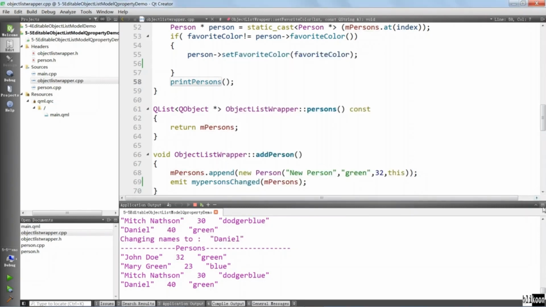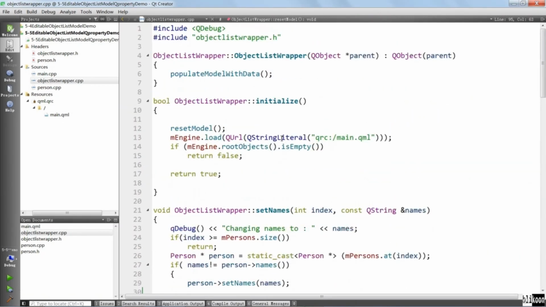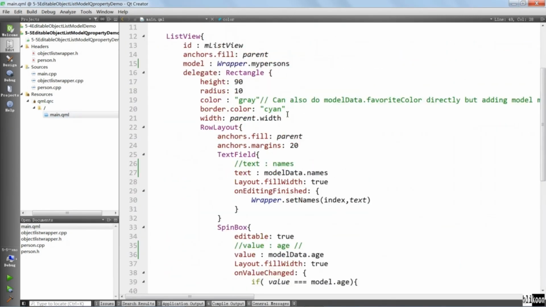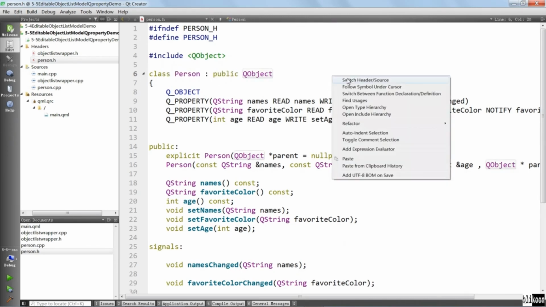And this is just another way you can expose your data. We are not completely relying on resetting the context property. And if you look here, we are not even exposing the model. The model is being exposed through the Q property system by using this property here as our model in QML. You see it here. And for this to work, the person class plays an important role because it is emitting